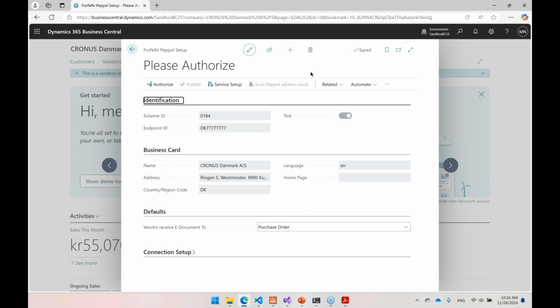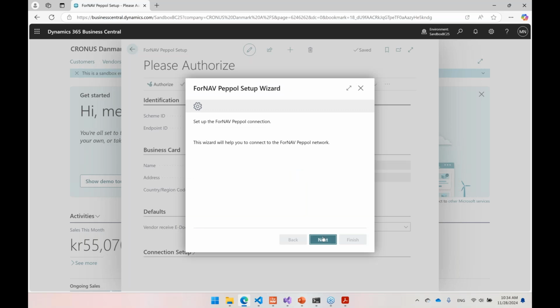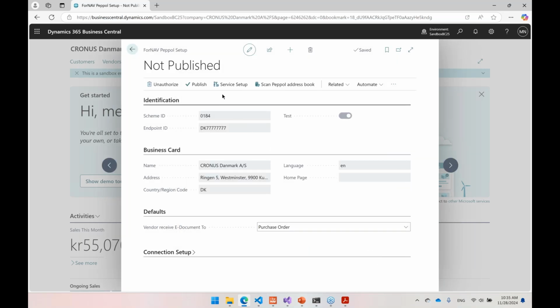First thing I need to do is to authorize it, and that's the part that René talked about. But fortunately, we have buried all that technology under a wizard in here, and I can just go through it and ask it to do it for me. So now it's authorized, and all the certificates and everything is in place for communicating with our Azure bits and Pepol.